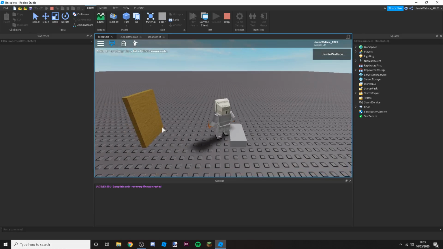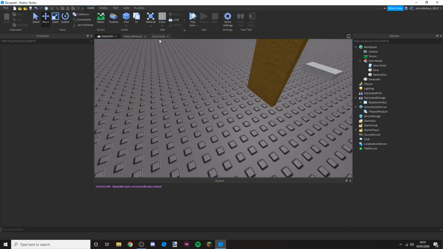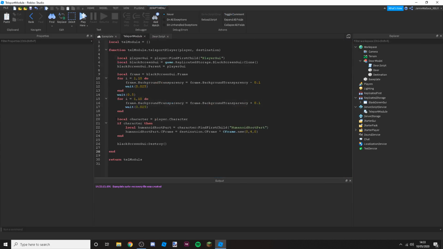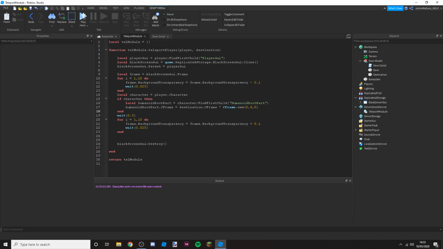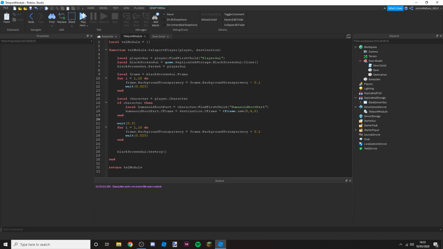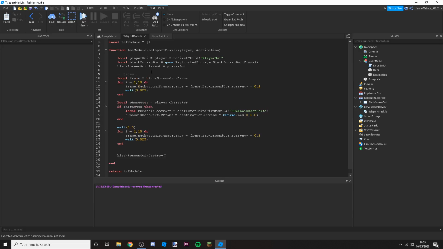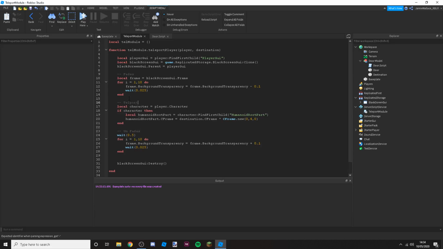As you can see, the screen fades out, but we haven't teleported yet, which means what we need to do is you just need to simply copy and paste this piece of code here, like that. And what this will do is, I'll label it for you guys. So this fades the screen, and then this kind of unfades the screen. This part teleports